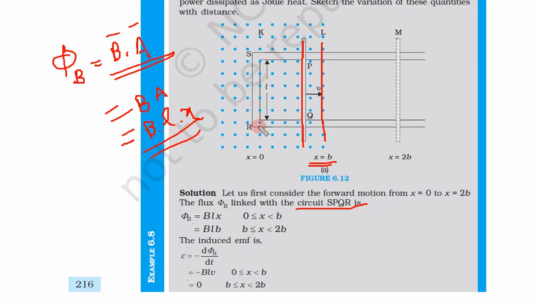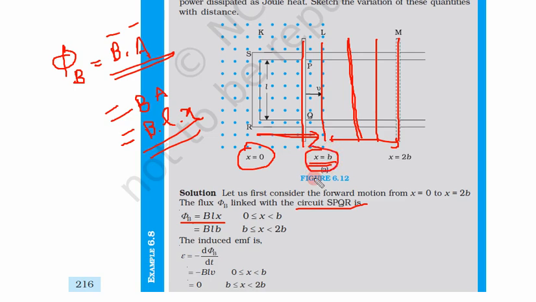Definitely previously magnetic flux was less, now there is more magnetic flux enclosed by this loop. Suppose after this I increase this position up to here, still the magnetic flux is constant. If I increase further, still the magnetic flux is constant. So initially up to point x, magnetic flux is increasing, and after that it becomes constant. So phi B is equal to BLx, from x equal to 0 to x equal to b. This is changing with x up to x equal to b.